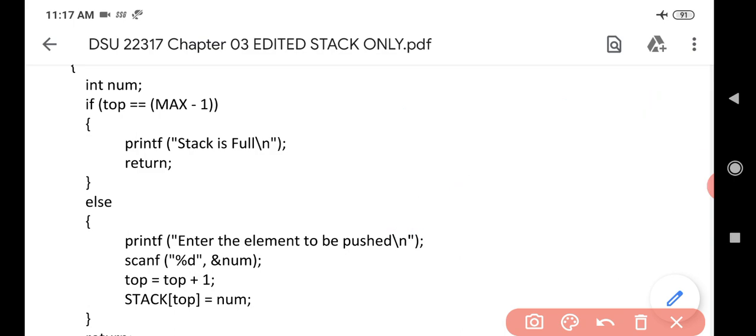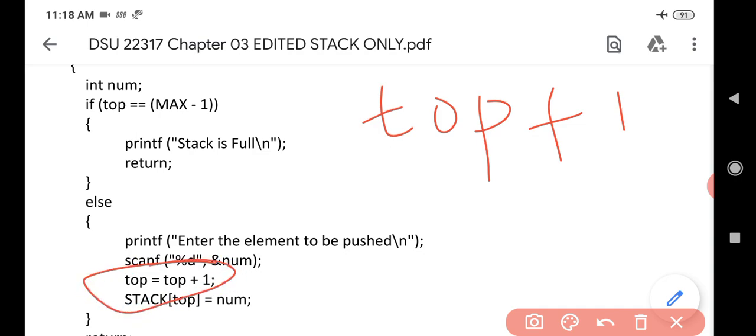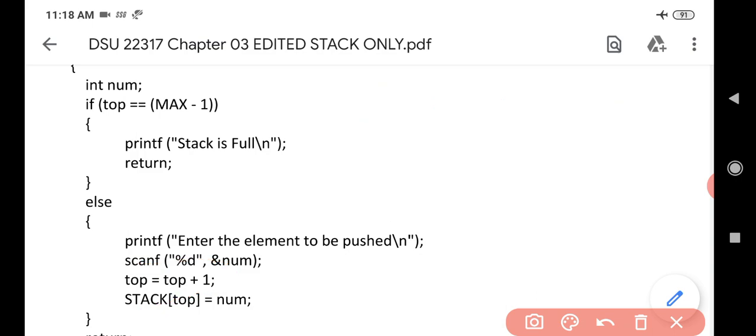So in this way, at what position do I want to store? At the position of top, right? So top, why top? Because I have already incremented the top, that is top plus 1. Here see, I have already incremented the top, and at the topmost position I want to insert the number. So what is the code for that?